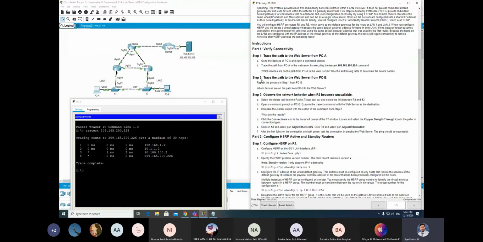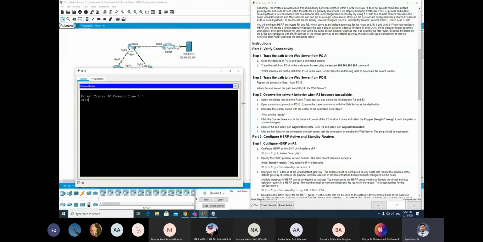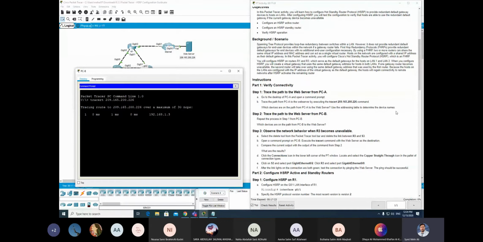Step number 2, trace the path to the web server from PCB. So we need to trace the path from PCB. Now go to PCB and we will see which path it will take to reach the destination, the web server. You can see again, we will go to the addressing table here. You can see PCB to router 3.